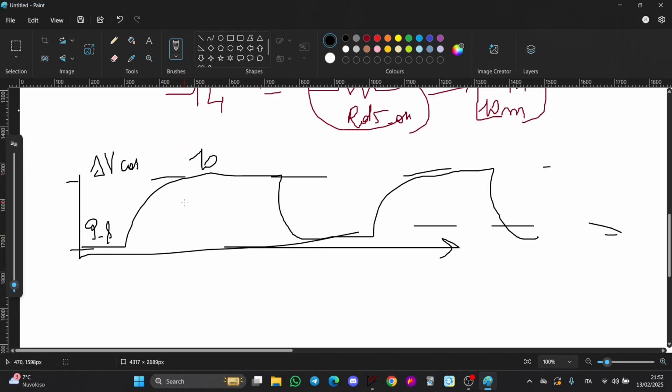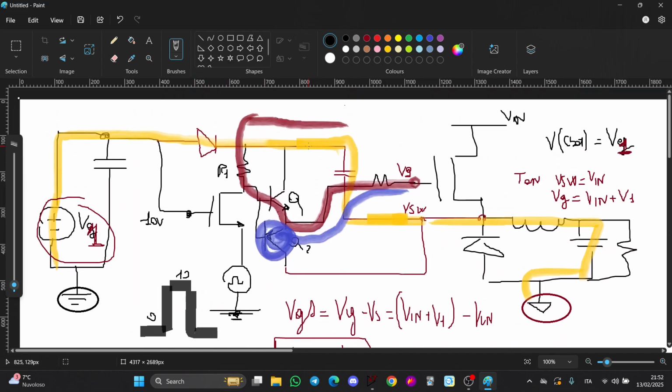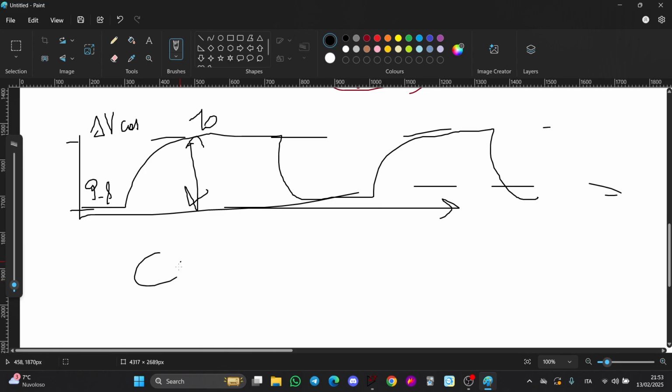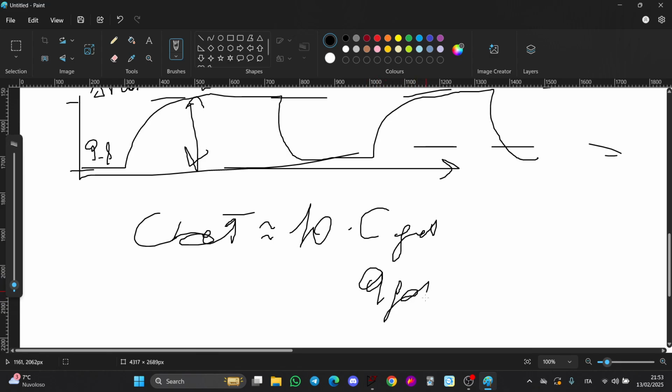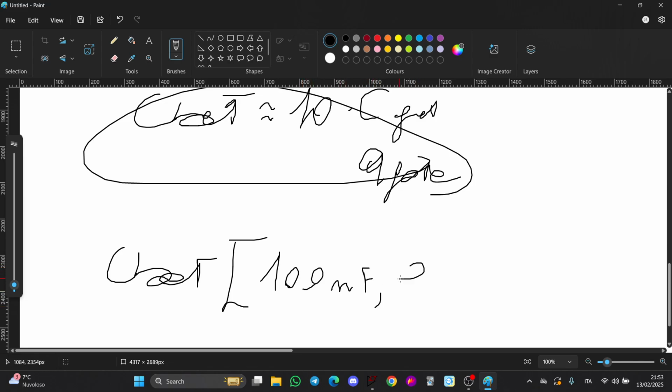So in order to minimize this ripple by a lot, you can make a precise calculation of each charge which is given in the switching cycle to this transistor here. But basically, the Cboot must be more or less equal to 10 times the Cgate or the Qgate. So basically you have values of the bootstrap capacitor in the range of 100 nano and 300